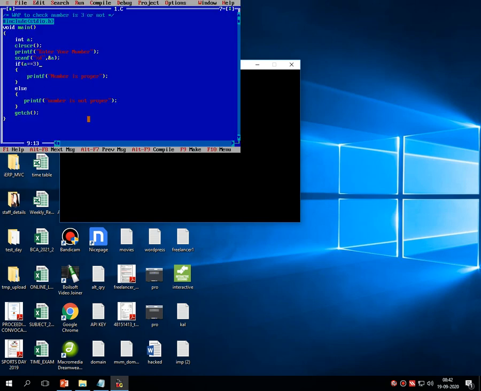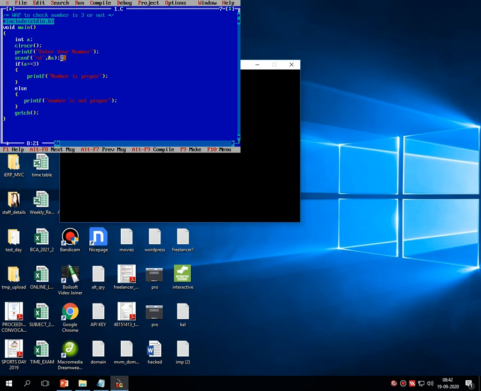Now let's dry run that particular code. What happens first, a is declared, then here I am entering one value of a. First time I have entered 2 over here, then this 2 is going to be stored inside this variable called a by this scanf statement. Once it is done, on our very next line there is a decision making statement if, that means it will check whether the value of a is double equals to 3 or not. So that means 2 is compared with 3, are both same or not. If this condition is true, then it returns number is proper, and if the condition is false, then it returns the else part, number is not proper.